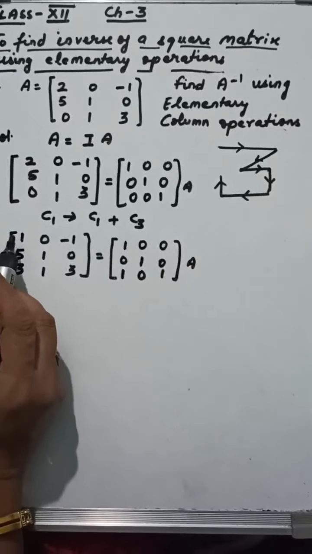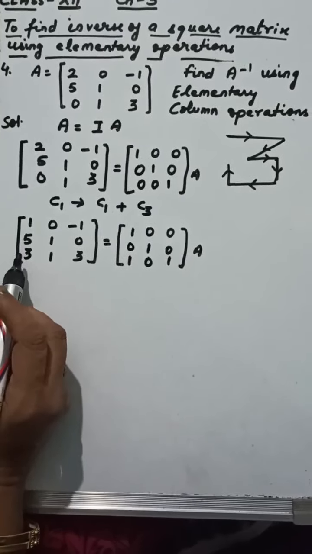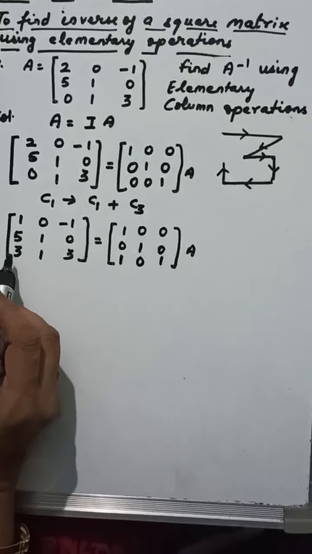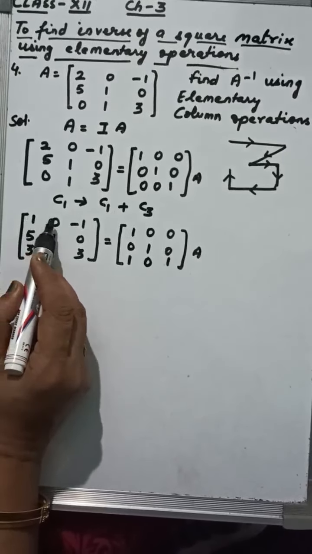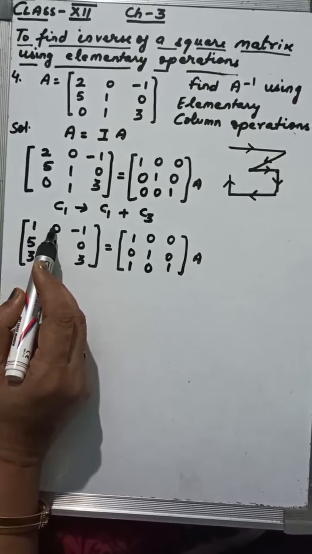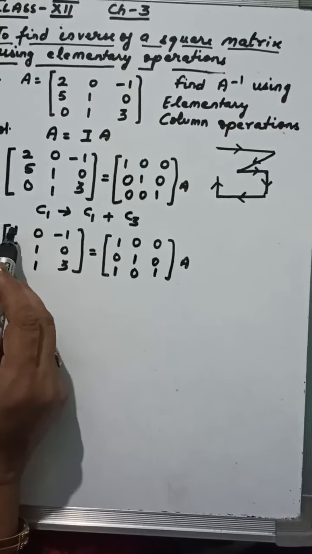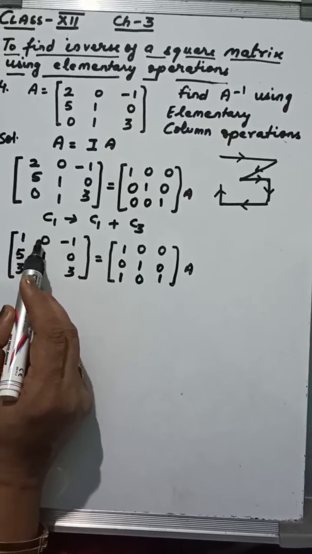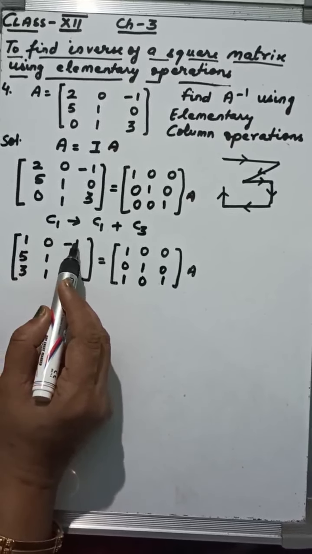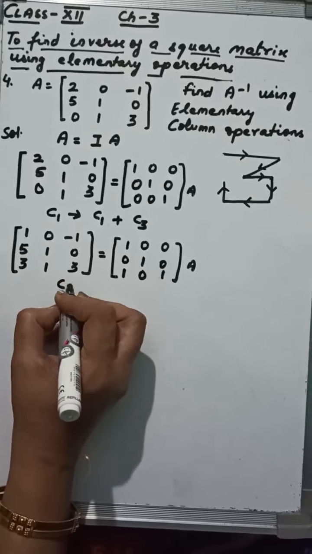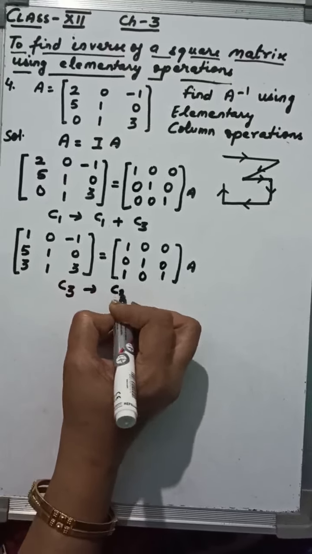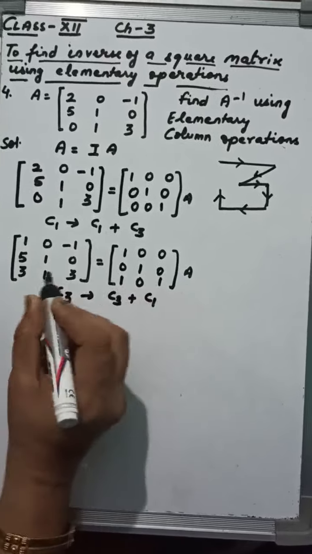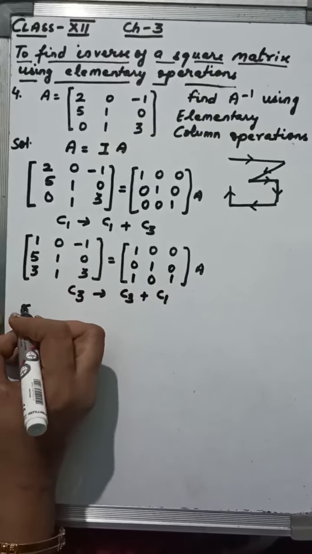Now this is 1. Now next step, we want to make this element 0, it is already 0. Now in elementary column operations we first have to cover this row. So 1, 0, 0. Now it is already 0, now we want to make this as 0. So apply in C3 plus C1, minus 1 plus 1, 0.